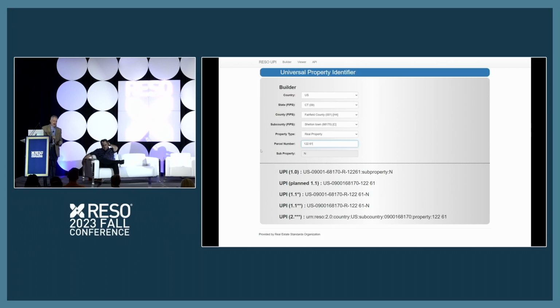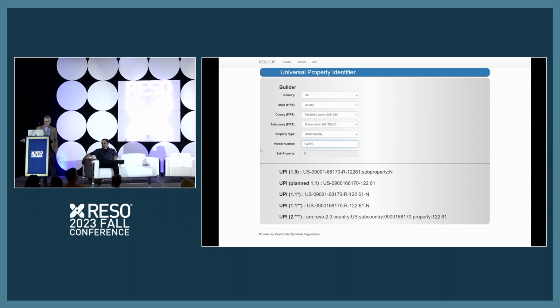But anyway, a few things are different here than what Mark showed. Really, they aren't different because that's the whole point of the standard. But you can just see from an enumeration or encoding standpoint some of those differences. So where right now in Maricopa we had the N versus the 5 zeros, since this is an area with townships, you've got that township, which is 68170. So you can see the variations within the UPI and the different options we're looking at.